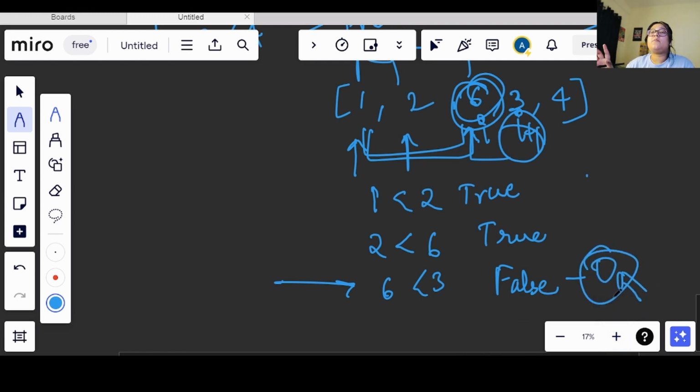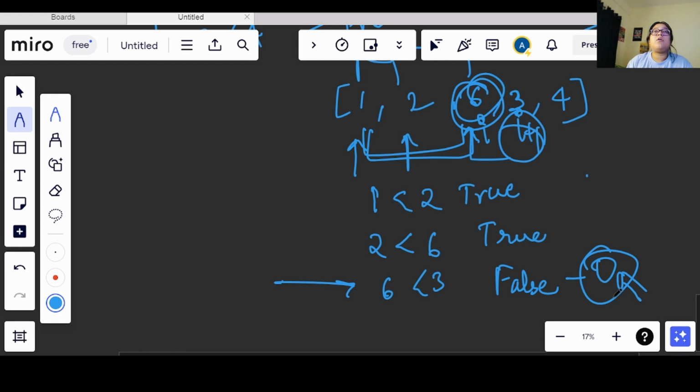So what I am checking, I will check only two values. I will compare two values. If I have a value which is affecting the array in such a way that it is becoming unsorted, I will find it anyways, because we need to compare two values. So if the array is sorted, all the values will be given as true. If it is unsorted, the value which is making it unsorted, we will find that value anyways.